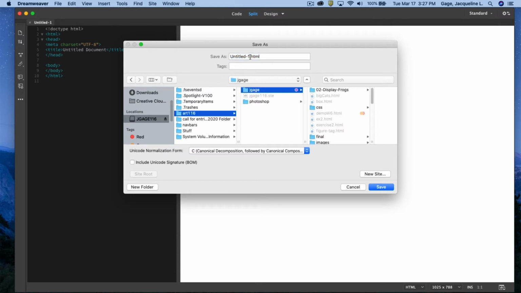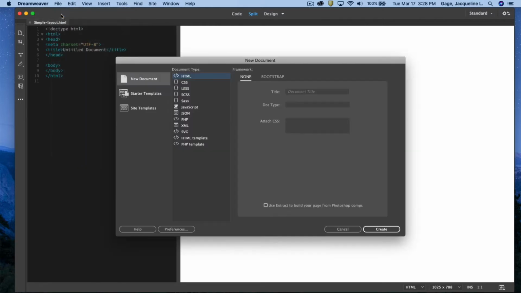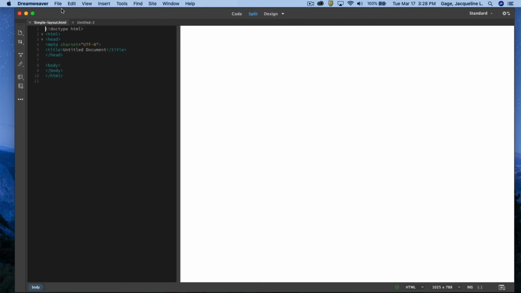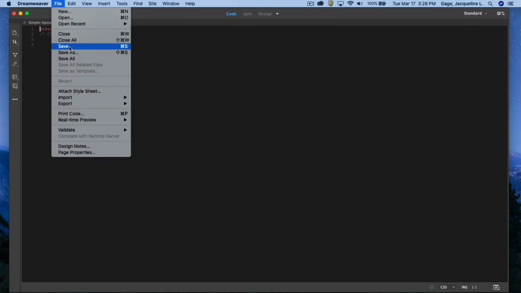Art116, my name folder, and I'll call this simple layout. Okay, I'm going to go ahead and save it. I'm going to go ahead and create a style sheet, new, CSS, create. I'm going to go ahead and save this document, file, save,